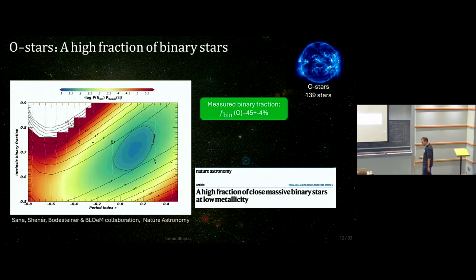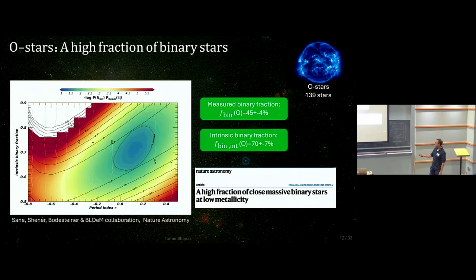This is not the true binary fraction because we have biases. We only have 9 epochs covering about a month and a half of data. We have limited spectral resolution, limited spectral range. We need to correct for these biases. To do a bias correction, kind of like the LIGO people, we need to assume certain power laws, certain underlying distributions. If you do that, you find an intrinsic binary fraction of 70%, very close to the famous number that was reported by Oksana and others in the galaxy.